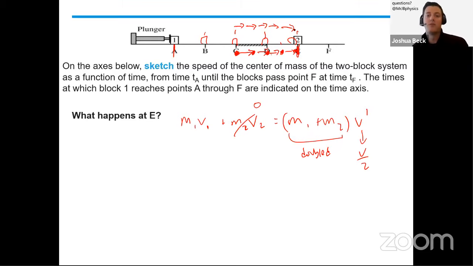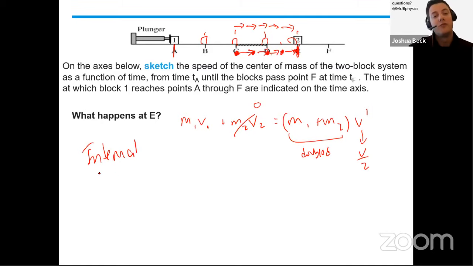So everything that we've done so far works. Okay, we don't have numerical values over there. We're just looking at, okay, is the velocity increasing, decreasing, or staying constant? So all of that still holds true. Where we're going to run into issues is during the collision. See, during the collision,